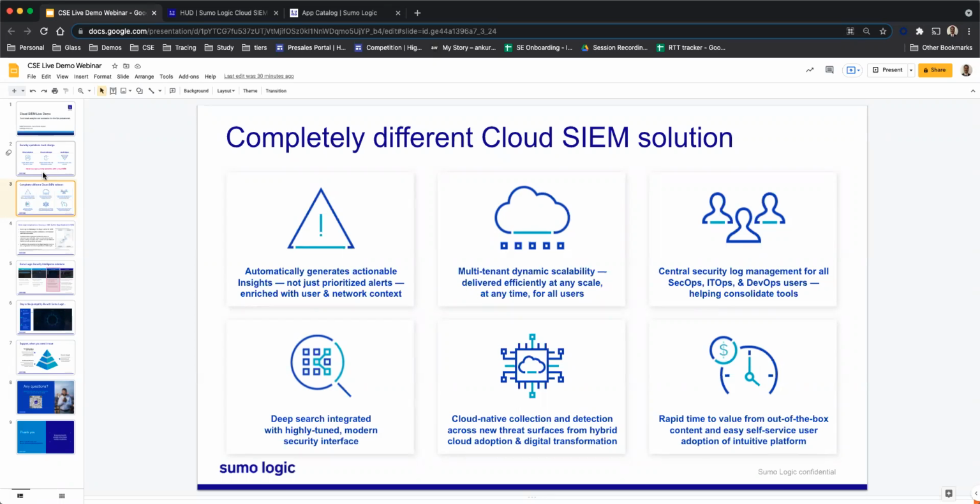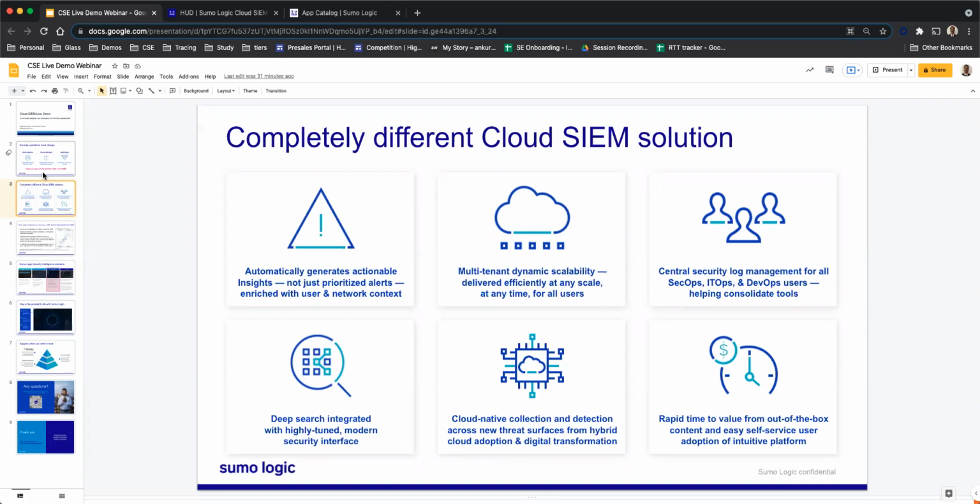So you can cost effectively own the platform and you can send all of your data. You don't have to stop sending some data to the SIEM because you see the platform is very expensive. You can send all of your data. We have multiple mechanisms by which we can help you to cost effectively own the platform. We provide various different tiers by which you can segregate your data. The low priority, the non-important data can actually go into the low cost tiers, and you can send your critical security focused application data to the higher tiers. So you can segregate your data and then you can cost effectively own the platform.